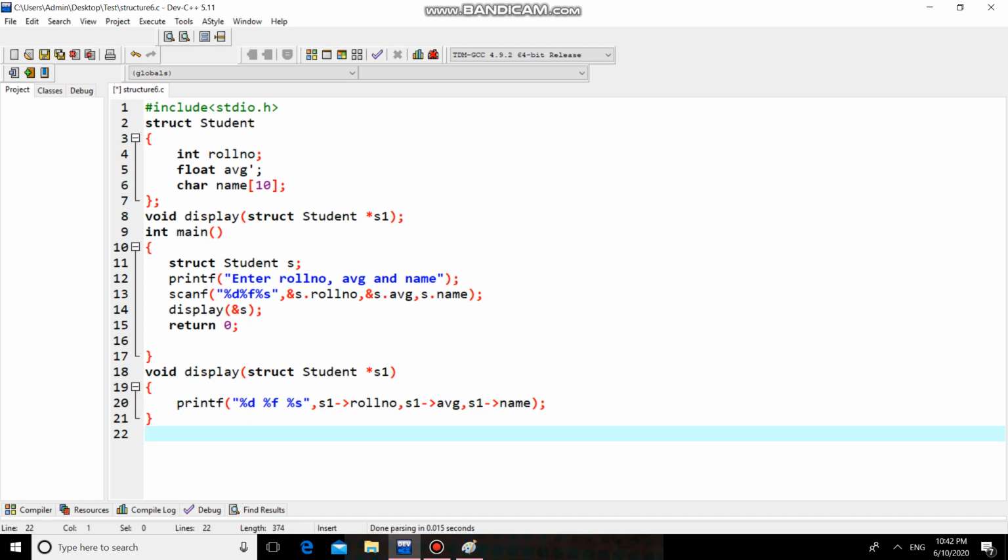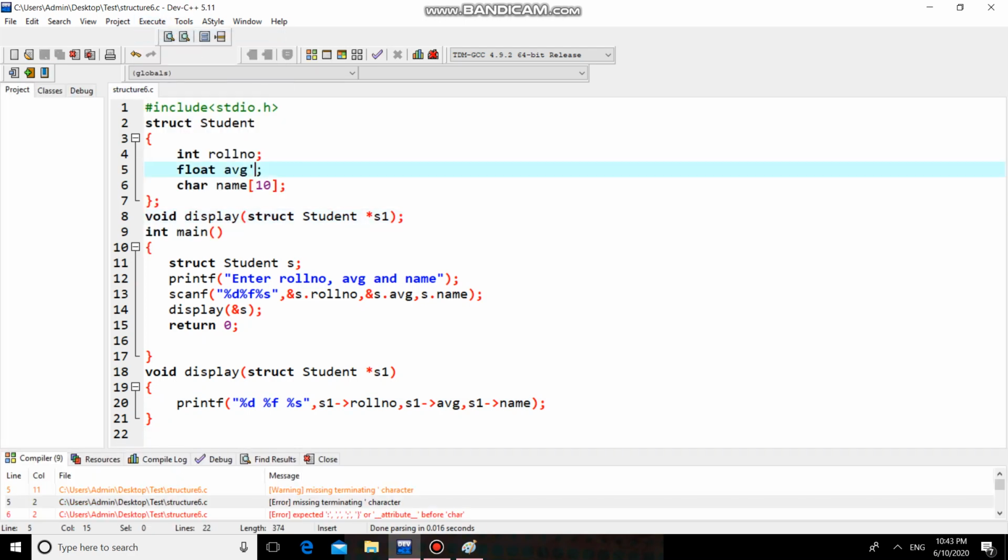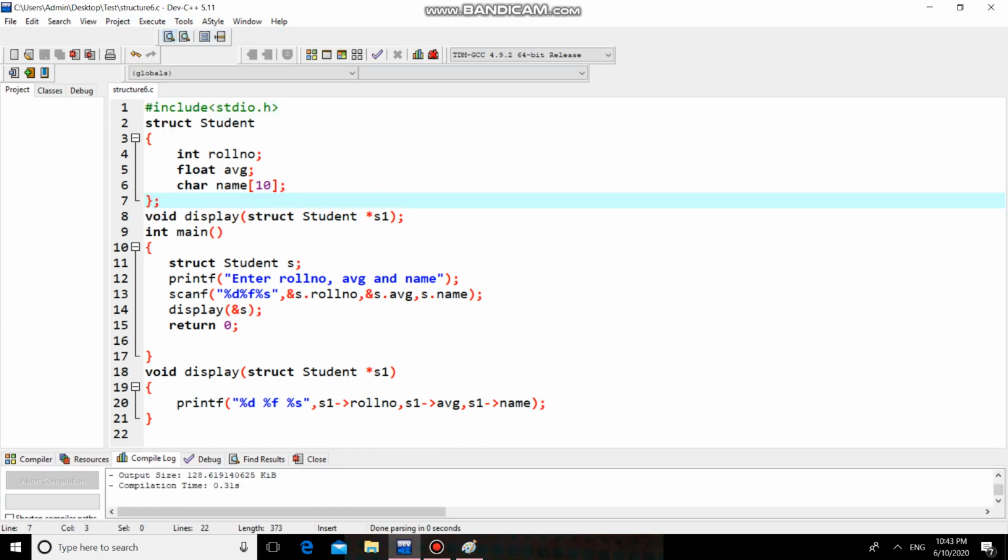So you can access the value of a structure member with the help of a structure pointer by using the arrow operator. So this is the C program for passing the structure to function by using call by address method.